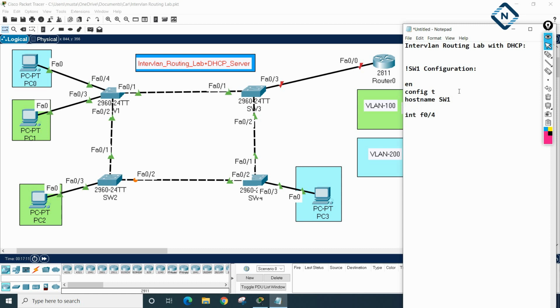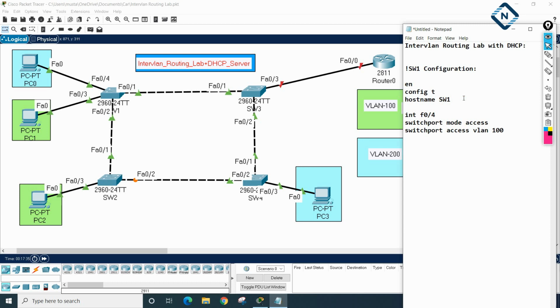Then I will write switchport mode access. This command we are using to put that interface in that VLAN. Then switchport access VLAN, which VLAN? This one, 100.